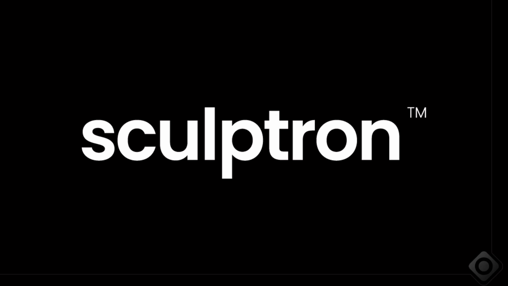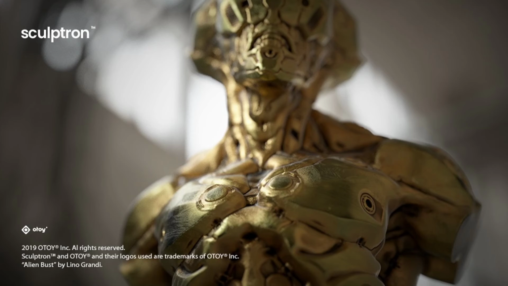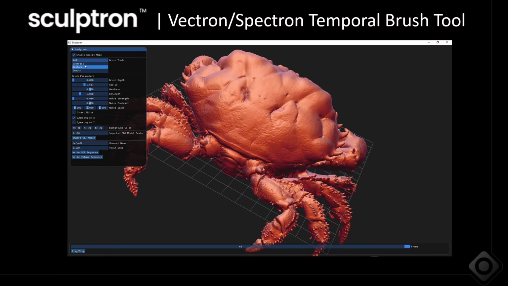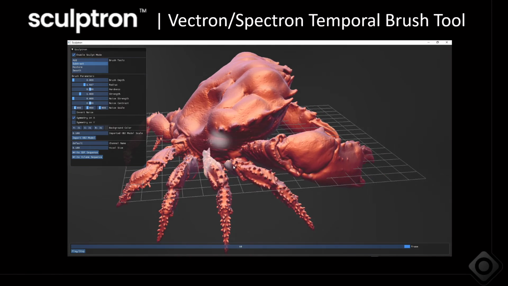I want to talk about SculpTron, which I touched on briefly before. SculpTron is out as an alpha in the last few months as a separate tool. It's going to become a full render module, so you'll be able to use it directly inside of Octane as a tool that can edit and sculpt and do all sorts of things. The alpha, as you can see here,